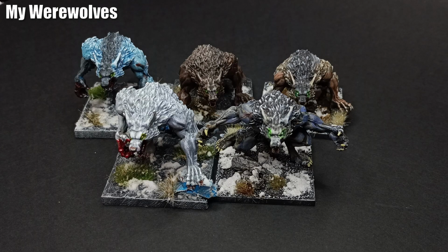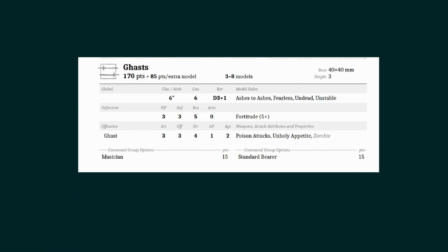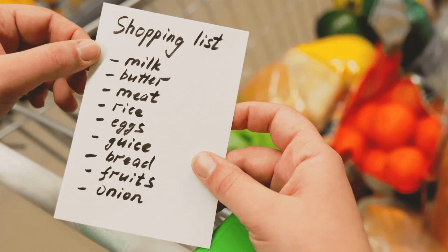So I've been working with some werewolves for my undead army. In the game I play, which is 9th Age Fantasy Battle, they will represent ghasts, or what would in Warhammer Fantasy be probably crypt horrors. As I'm almost finished with them, I've been starting to add them to my army lists, and that's when I